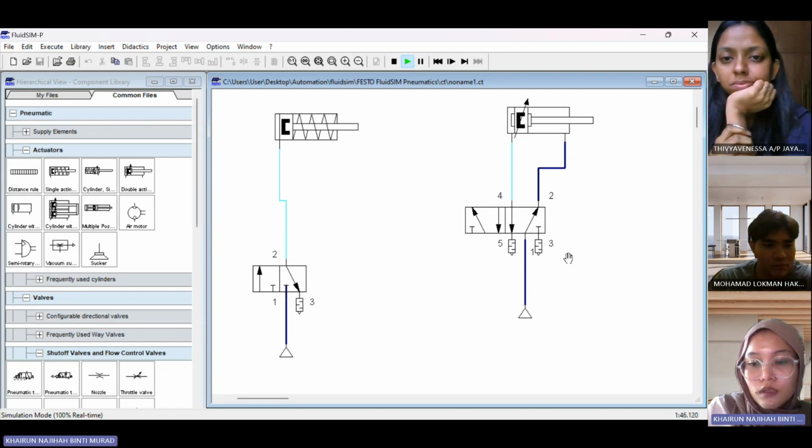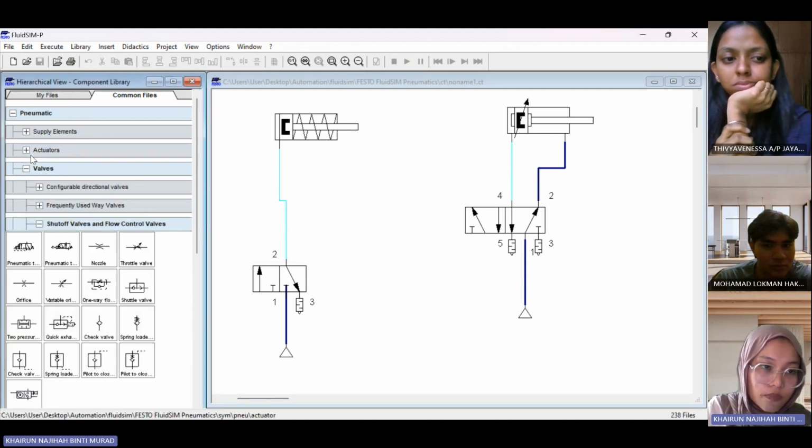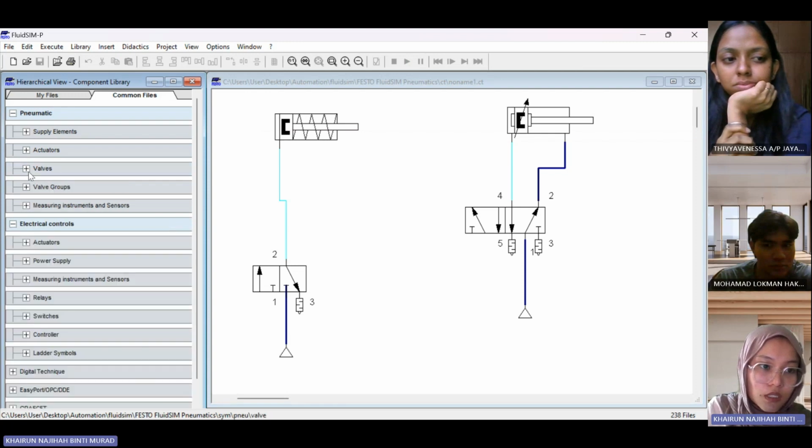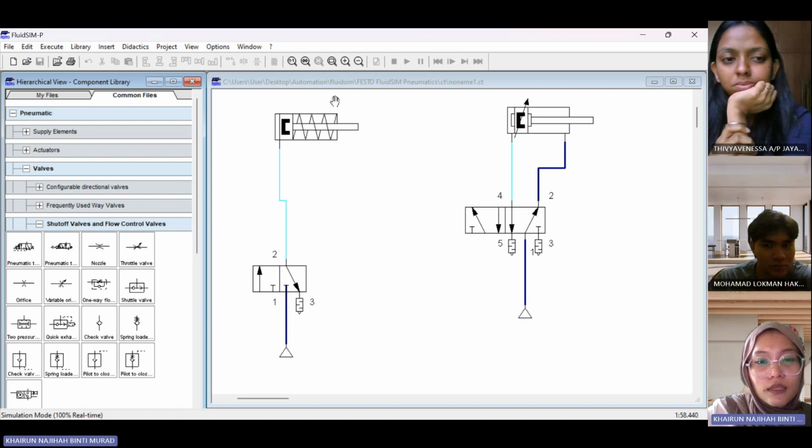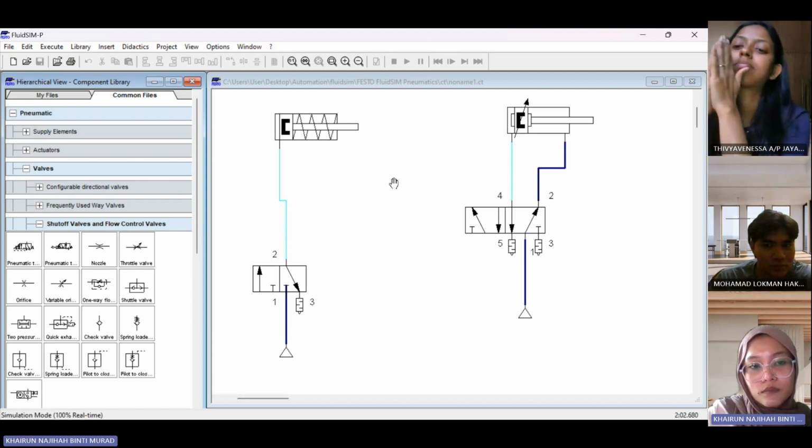Yeah. So okay, this is called exhaust, and then this is switch. We can get from here, yeah. The valve and switches all are here from the pneumatic. Okay, so basically, I think the hydraulic also has the same system, the same